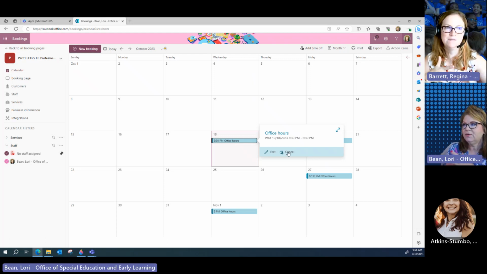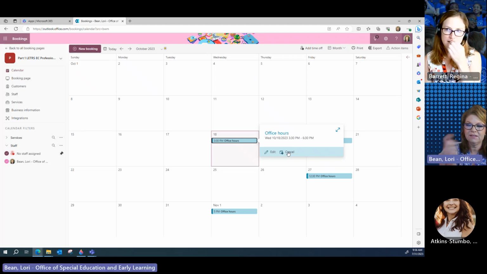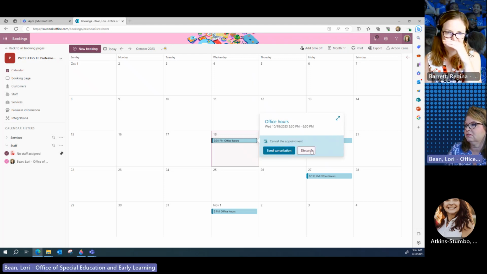What I kind of need to do is, there will be 4 different dates, and each date has a different time. So I need to do that back in the services, right? Not on here. Yep. Okay. If I cancel this, will it remove it? It'll remove it from the calendar, but it's not going to remove it from your bookings page. Okay. Can I do all this here? Yeah, you can. So you'll hit cancel and send cancellation.